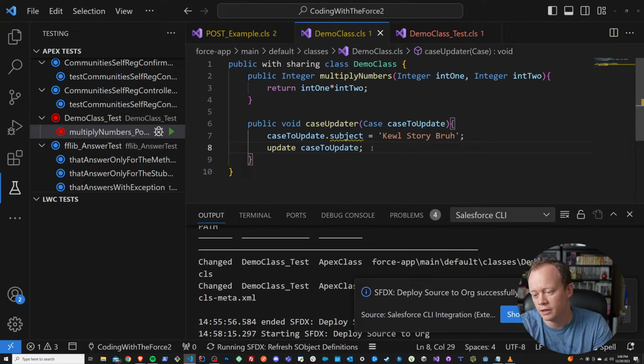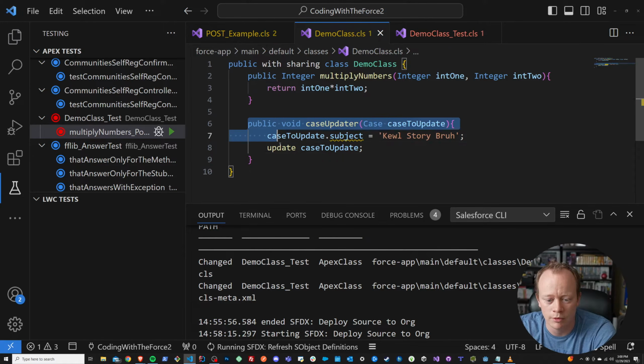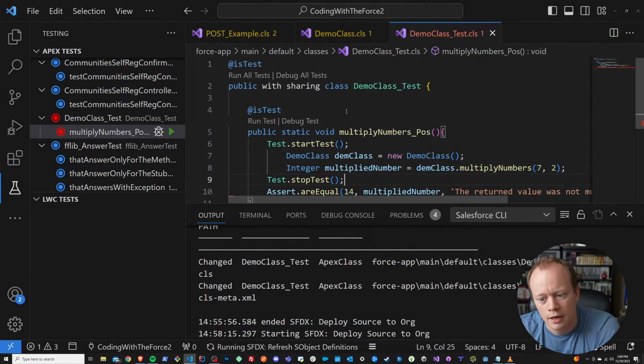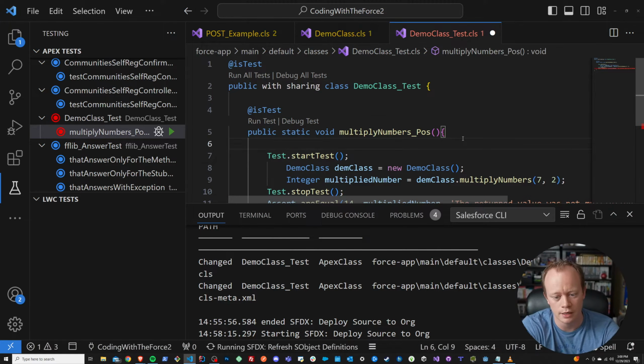As we'll see in a little bit, you can actually do this without putting a case into the system, which is kind of where unit testing comes into play. There's a little bit more to it than that. But in the meantime, if we wanted to do what's referred to as an integration test, where we truly insert a case and we truly pull it back and update it, how would we do that? There are a couple ways to do this, right? The first one is you could just create the case in your test method,